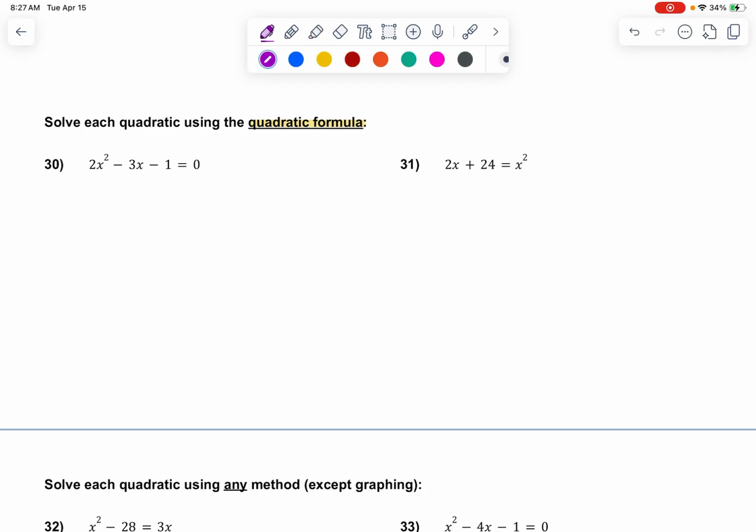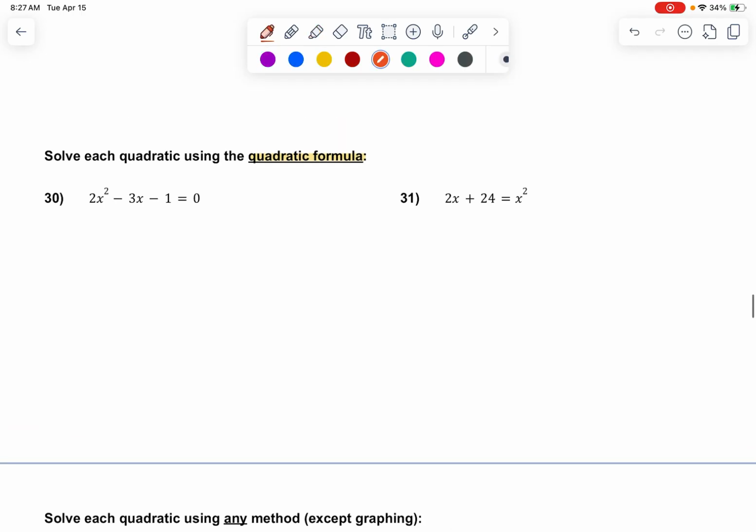So remember, this formula is on your formula chart, so you don't have to memorize it. But if you remember the little jingle, it's really great to remember it just because you're more likely to not make a mistake when you're plugging your numbers in if you know the formula versus looking at a piece of paper back and forth. So anyway, your quadratic formula,